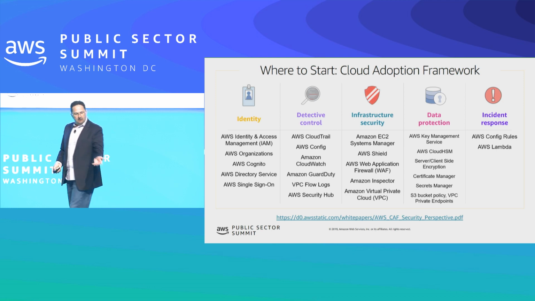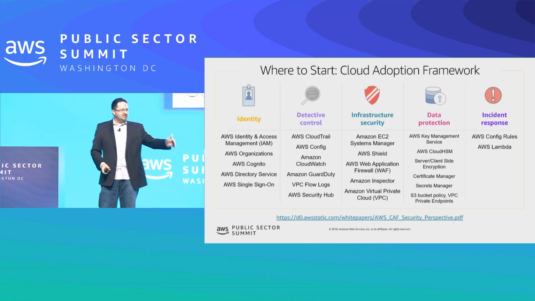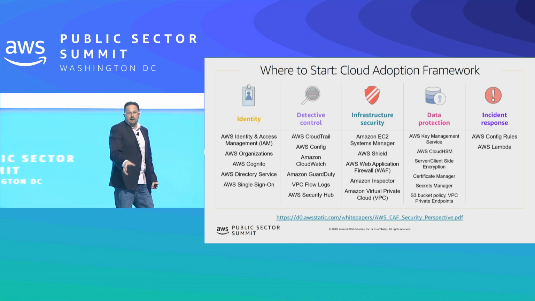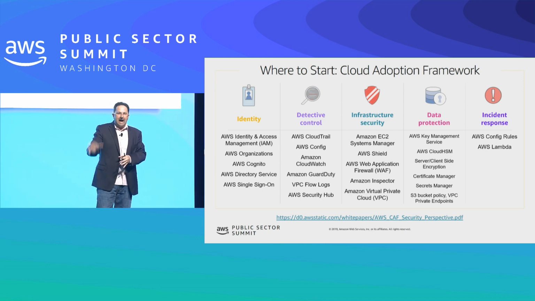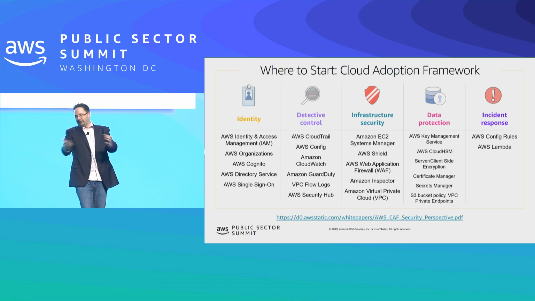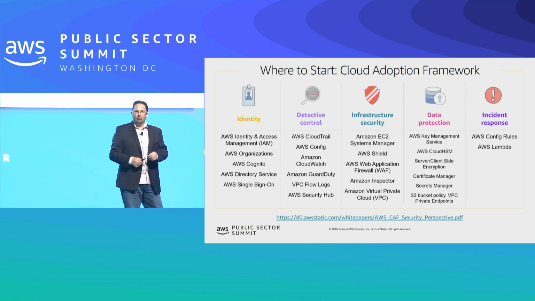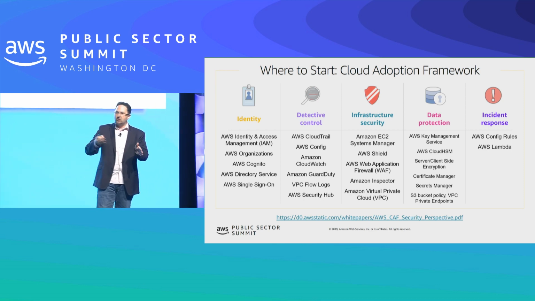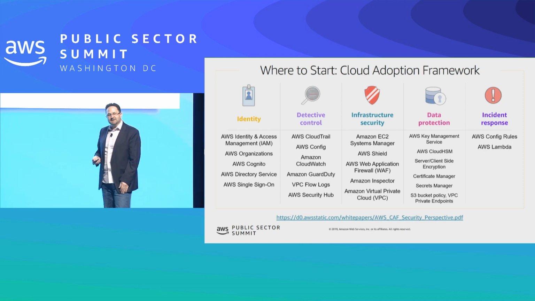All right, where to start? The Cloud Adoption Framework is a great place to start. This will show you what order to start doing things in. It makes sense to do identity first because you can't do authentication and authorization and do privileged access to resources without identity, right? The next thing to look at is detective control. The next thing, infrastructure. So check out, if you haven't looked at the Cloud Adoption Framework, there's a security perspective here that you should check out because this will help you get started on whatever strategy it is that you pick if you choose to implement that in AWS.